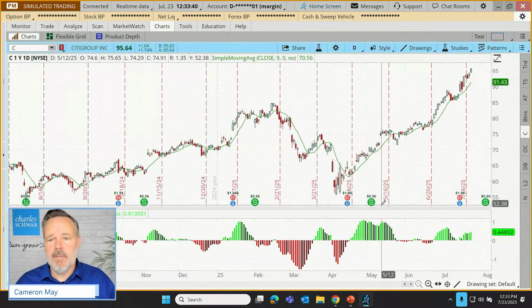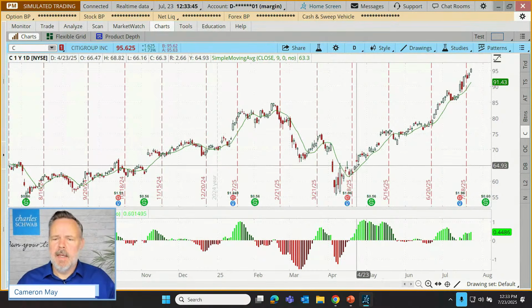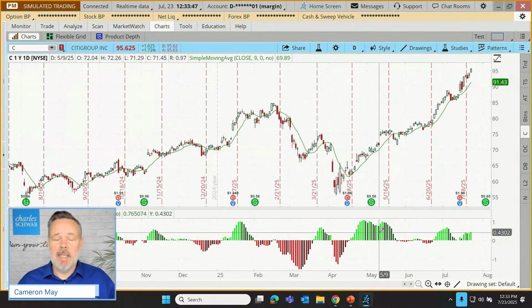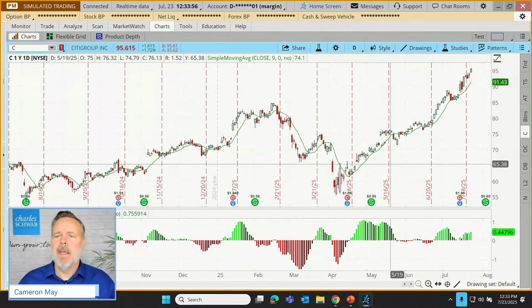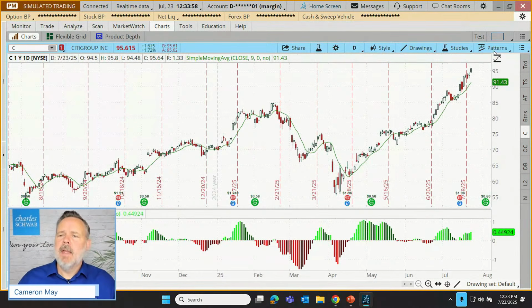Yeah, that's the difference. Saving the study set is only saving, for example, the moving average and the MACD, and I could go look at a different chart, maybe a weekly chart, and load up a MACD and a moving average on that weekly time frame. That would just be studies. Anyway, I hope that's helpful for you.